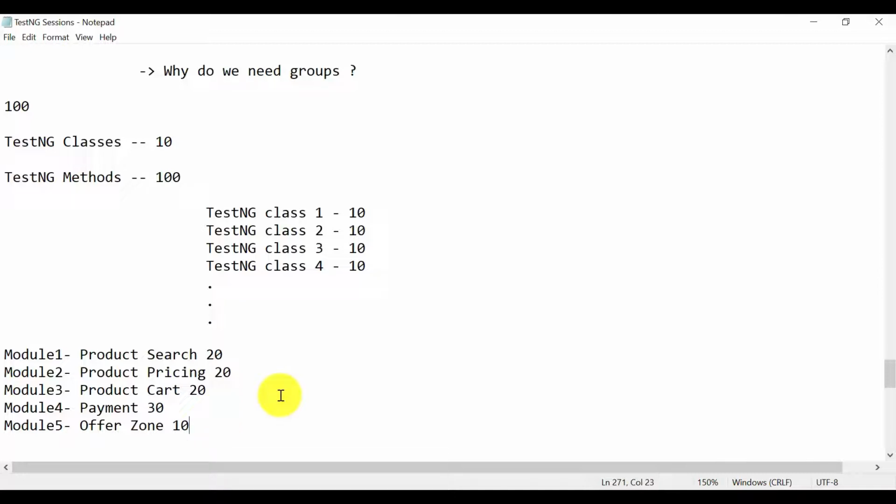Any candidate who knows the basics of TestNG but doesn't know about TestNG groups can answer that I will create a TestNG XML file, and inside the TestNG suite I will create different tests depending upon the different modules, and I will add these TestNG methods. If I want to run only payment module test methods, then I will create a test for that and add these 30 test methods in that TestNG test using the include tag. Let me show you this practically, and then you will understand the disadvantage of this approach of creating multiple tests for handling this kind of scenario.